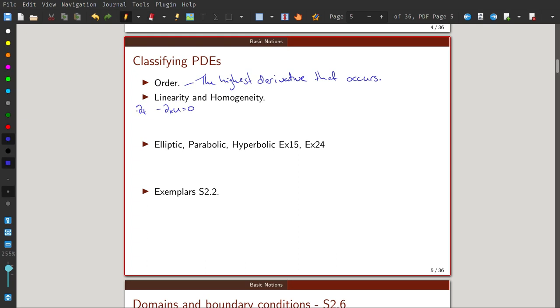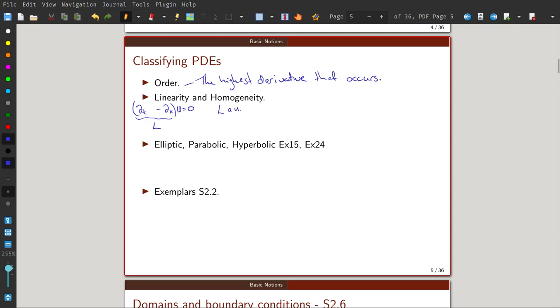What we do is we think of the t derivative of a function minus the x derivative of a function as some operator L. The operator acts on a function to give another function, and the equation says that this other function should be u. So a PDE is linear if when you write the operator L